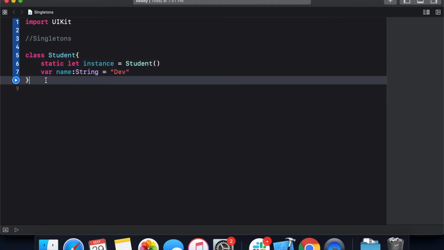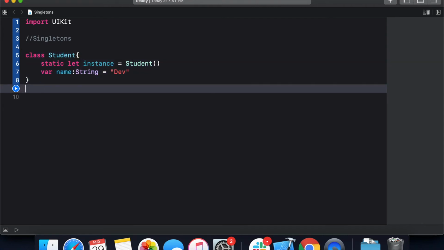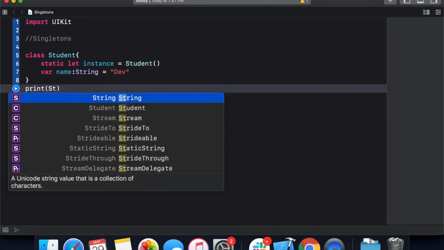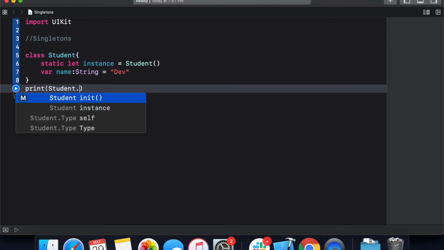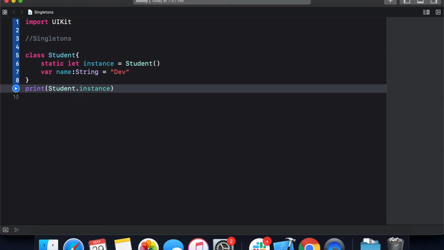Now see how it works. So let me print something. Let me print the name of the student here. I'm going to access the instance property and then name.